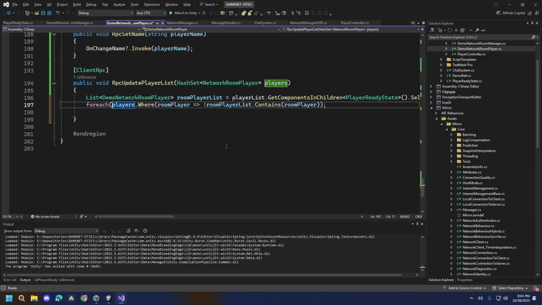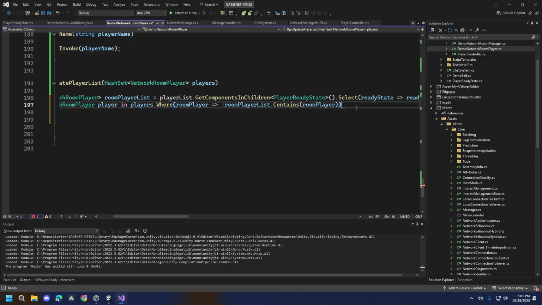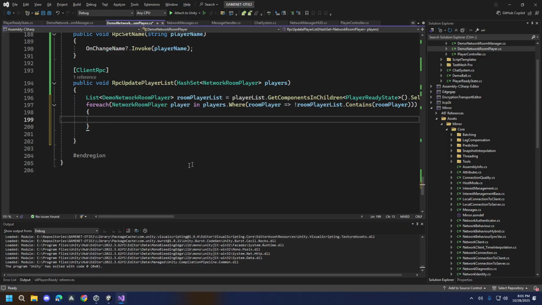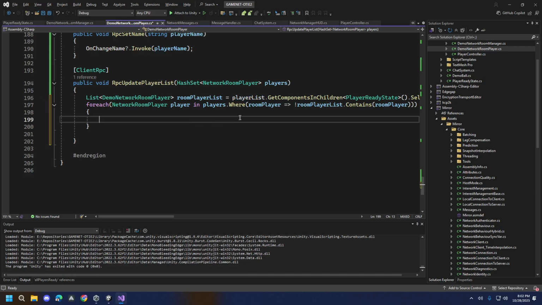For each network room player in. So this is heavy. This is heavy. I hope you get this part. I'm just looking for network room players that are not inside this list. So if they're not there,